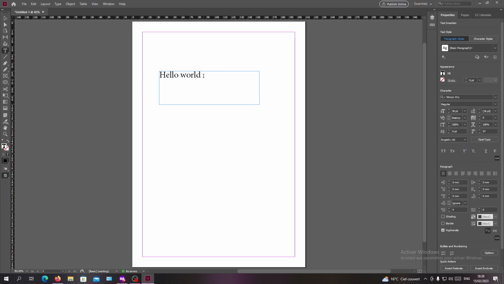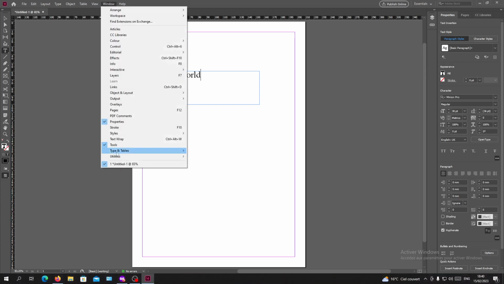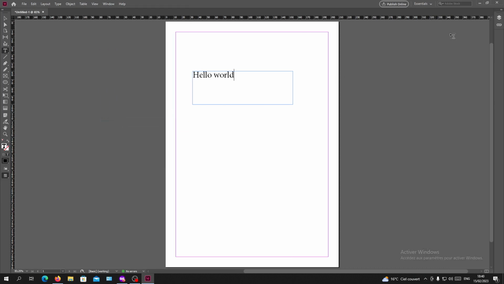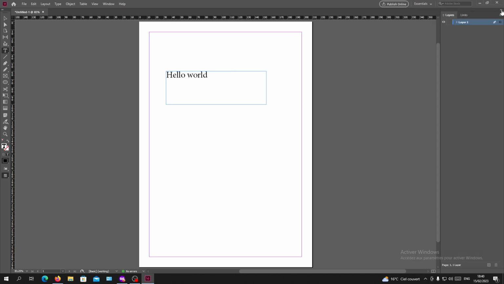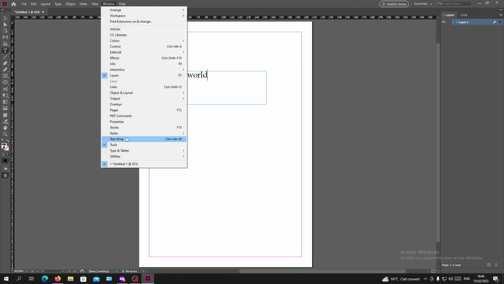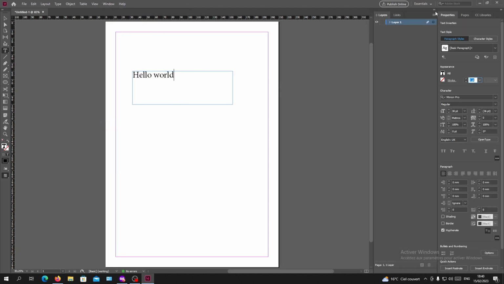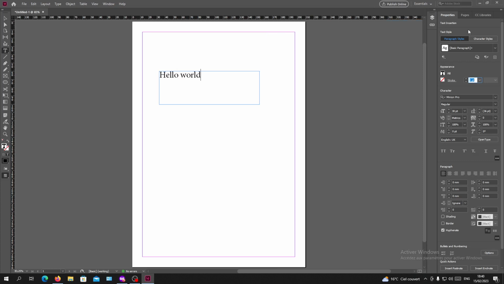visible. So basically, to underline your text, you will need to have this properties panel or properties menu. If you don't have it here, don't worry. You just need to go to Window, then Panel and Properties, and search for properties. As you can see, I have it already, but now it has disappeared. So let's regain it back and we go to properties here, and we're going to have our panel again basically,